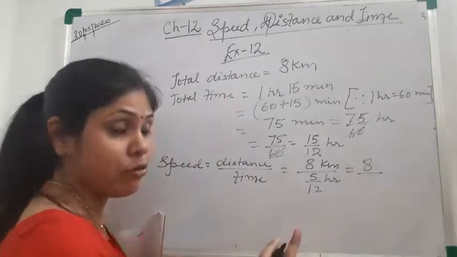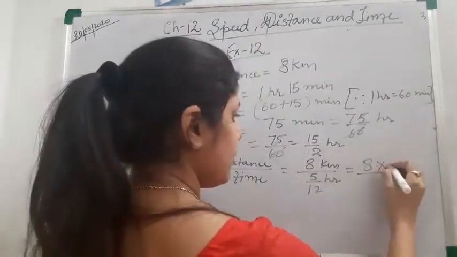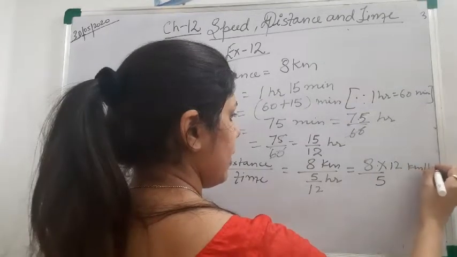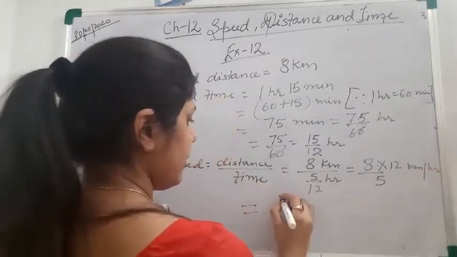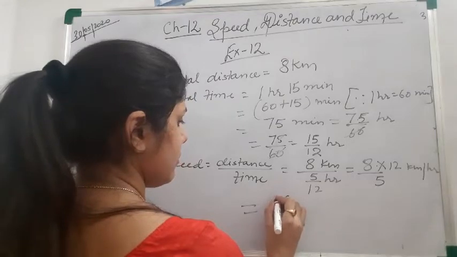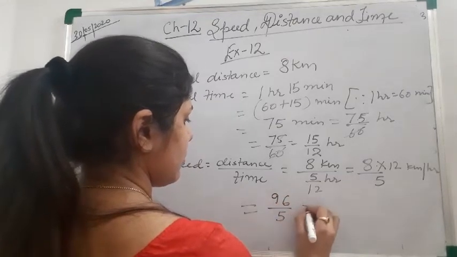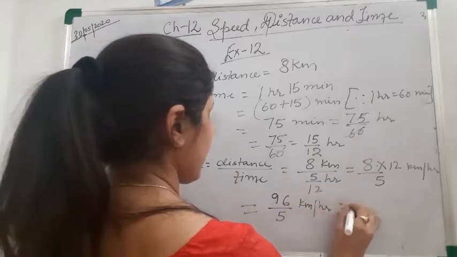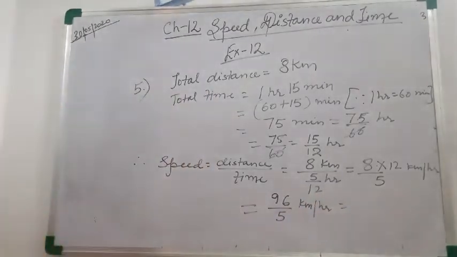This time I am not doing division. This 12 will go up and this will go here. Kilometer per hour. So fifth answer will be